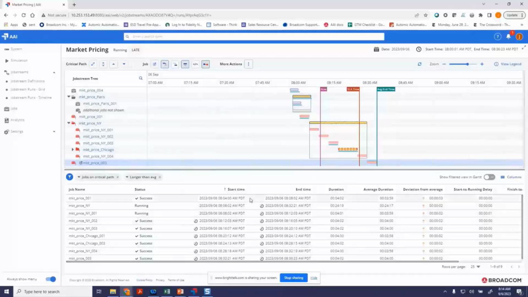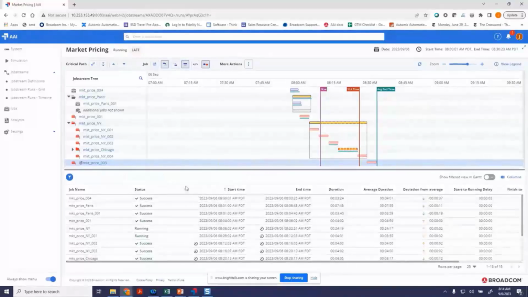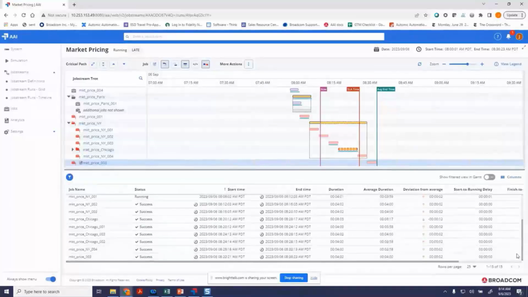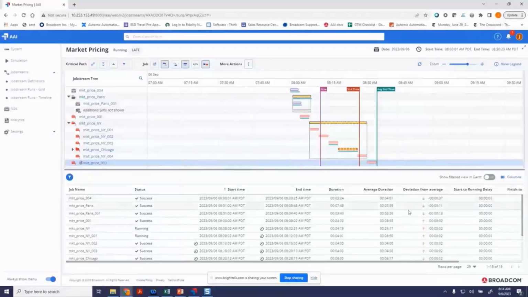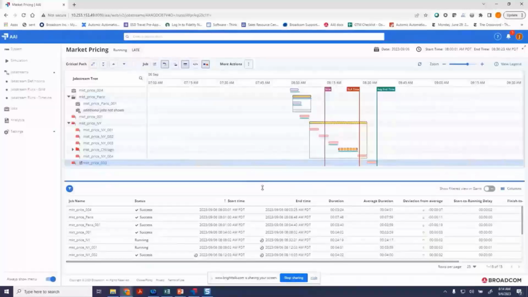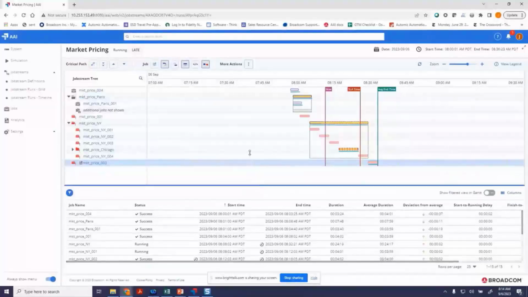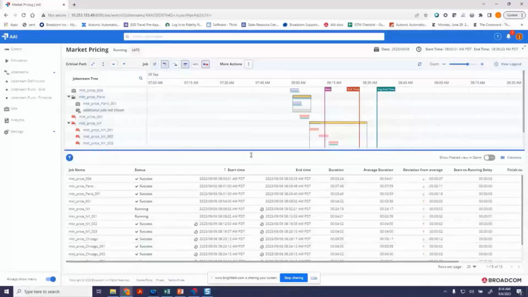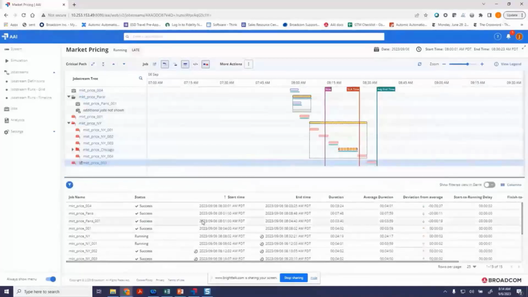So this table below the Gantt chart shows you all your individual jobs. Actually, I can remove all these filters and I will just see all of the jobs that are in my job stream listed in a tabular format. This is a new view that doesn't exist in the thick client. That's part of your Gantt chart. So sometimes it's helpful to just take a look at the jobs in this tabular form. So that's available to you. Now, if I go back to my timeline view here,